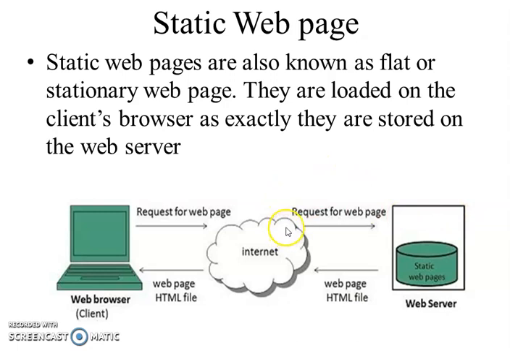In this diagram, the client, with the help of a browser, sends a request for web pages through the internet. The request goes to the server. This is a static web page. The server checks the database to see whether the request is correct or not, and returns the web page as an HTML file through the internet. It is received by the client. In a static web page we can only view it. There is no modification that will happen. If we change the background or anything else, it will not be reflected in the web page. This is the use of static web pages.